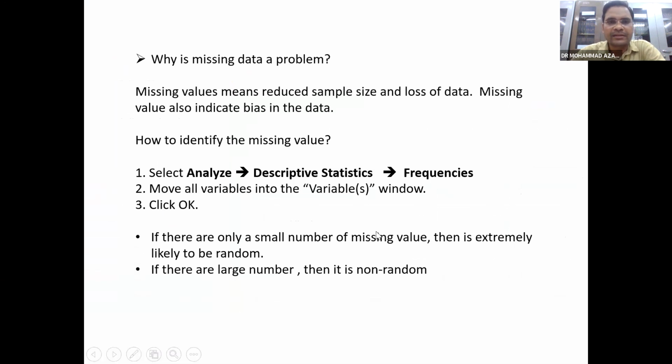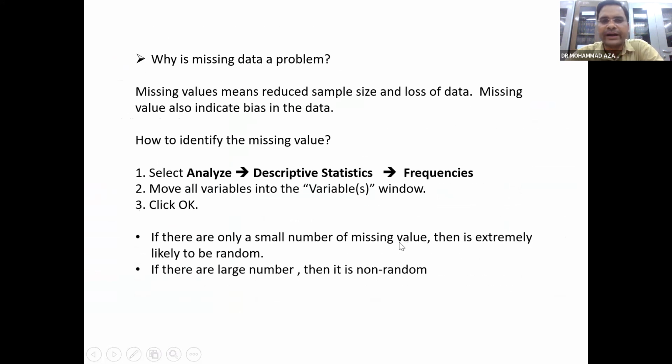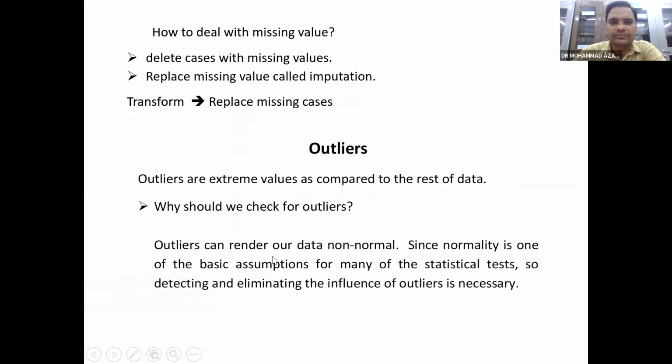So this is how to find the missing values. Next thing is how to replace missing values. Replace missing values के लिए मैंने बताया आपको, replacing missing values is called imputation. So use the imputation method to replace all the missing values. It is better to use the mean value imputation. Mean value imputation means you have replaced your values